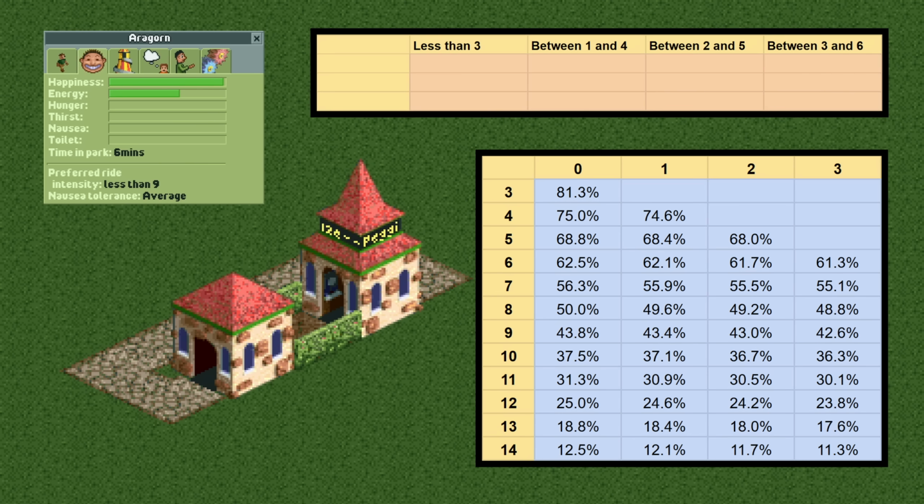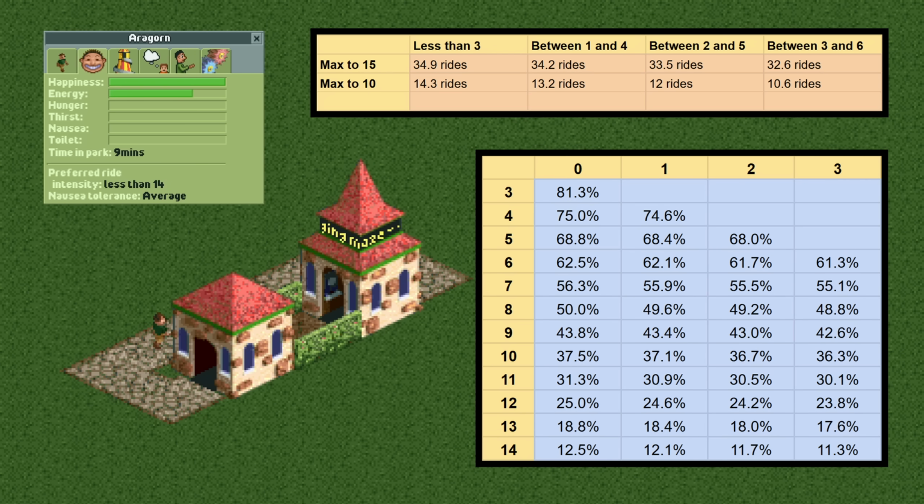A guest that starts with the lowest range of less than 3 needs to go on average 14.3 rides before they reach the highest useful range of less than 10. For the other starting ranges this number is a bit lower as they start out higher and can skip their first few steps. To go all the way to the highest possible maximum preference of 15 intensity it takes an average of between 32.6 and 34.9 rides depending on where they start.